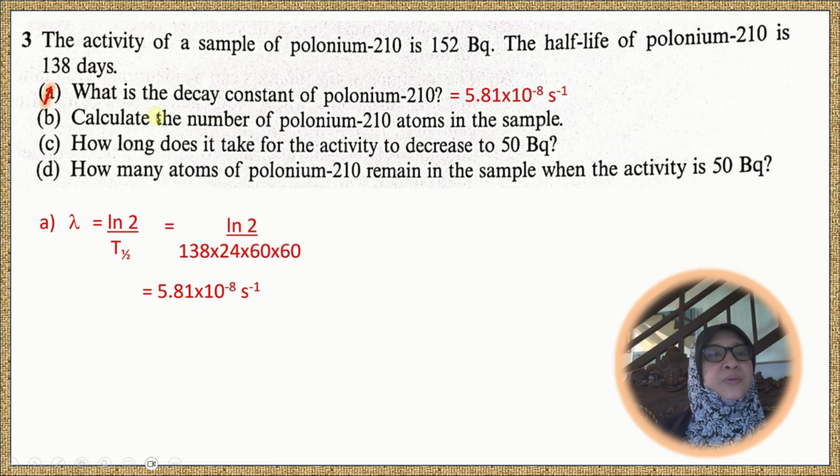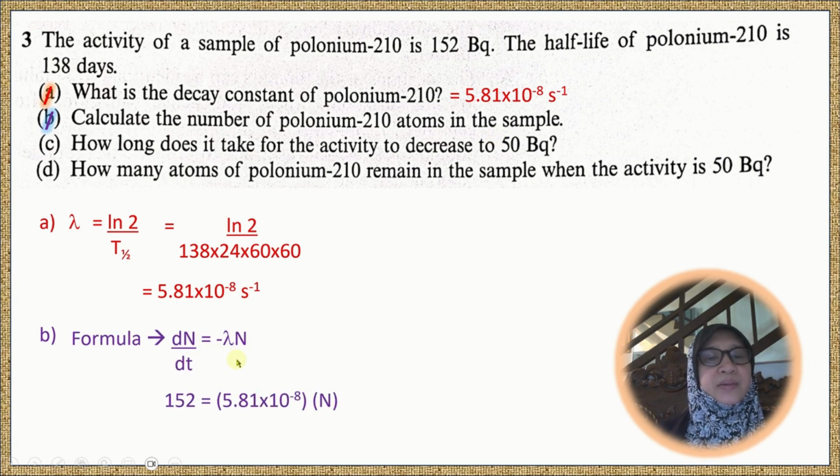we are going to do B. Calculate the number of polonium-210 atoms in the sample. So we can use the formula dN/dt equals negative lambda N. So dN/dt is given, 152. Okay, the rate here is in becquerel unit. So this is the activity, which is dN/dt, so 152 equals lambda, the decay constant, times